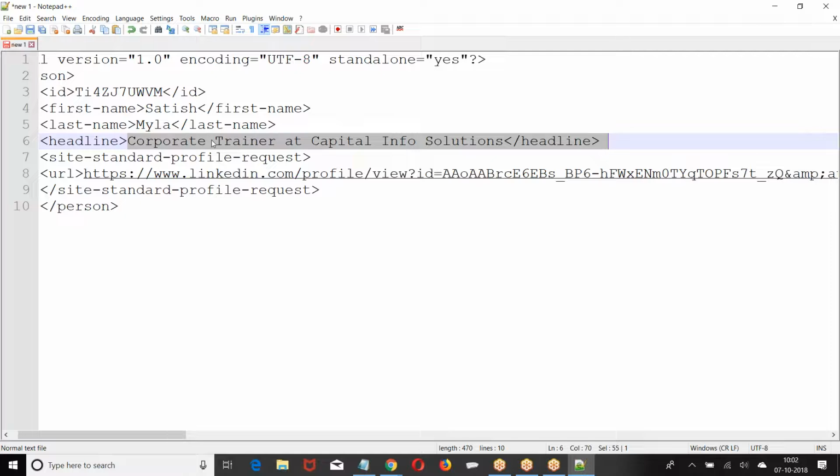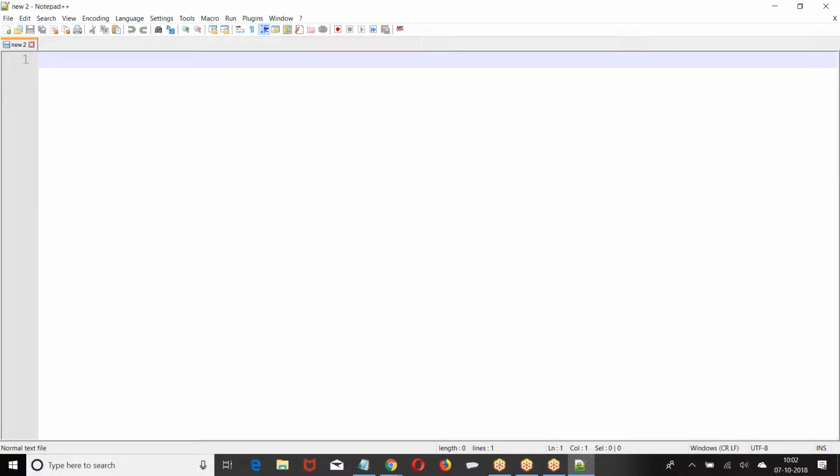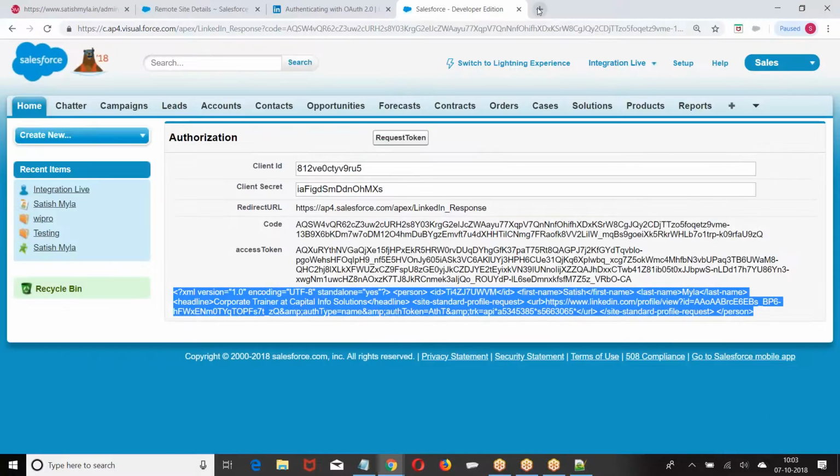Next one we are going to do is I will post the data. Right now, what I'm doing from a third-party system, I'm using the code format of authentication, getting the data from the third party. Now my request is I want to send the data from Salesforce to a third party by using the REST API, and I'll use the authentication process. That is my requirement. So we have done the example of reading the data. I want to see how we can post the data to a third-party system using it. So I'll go with